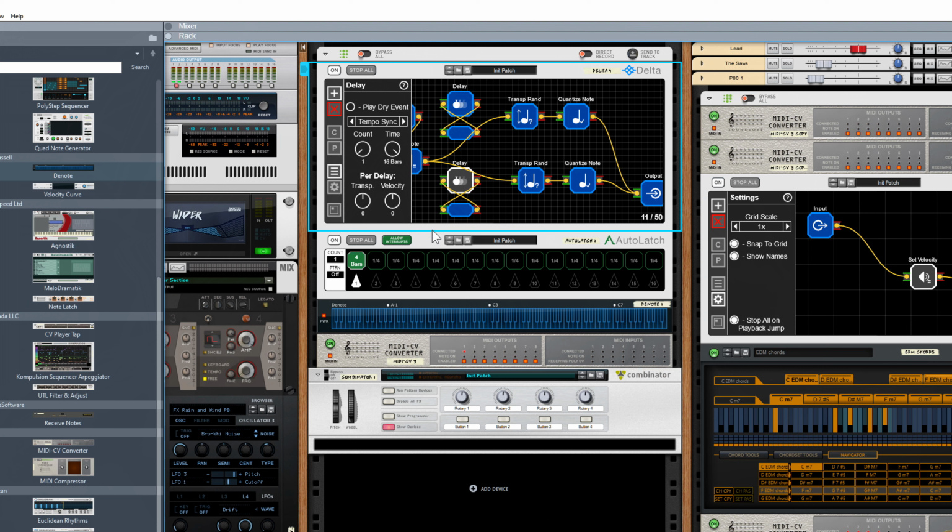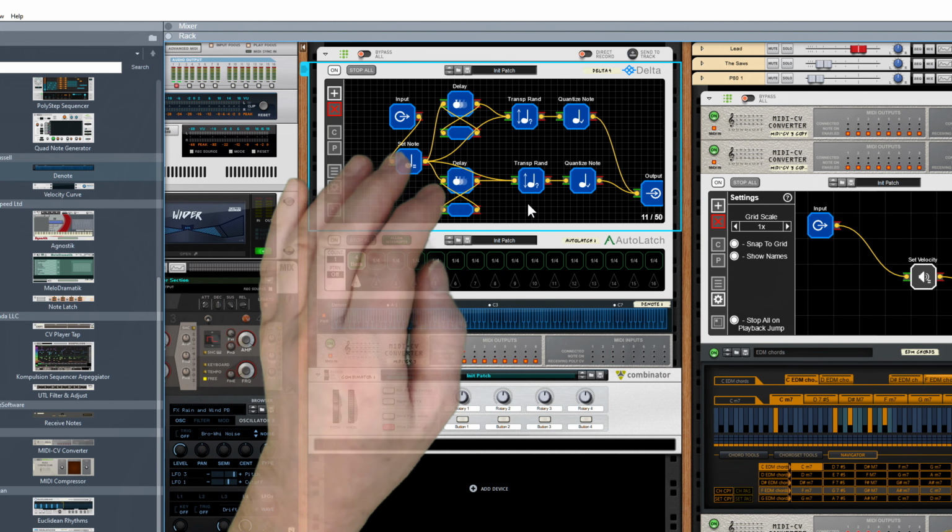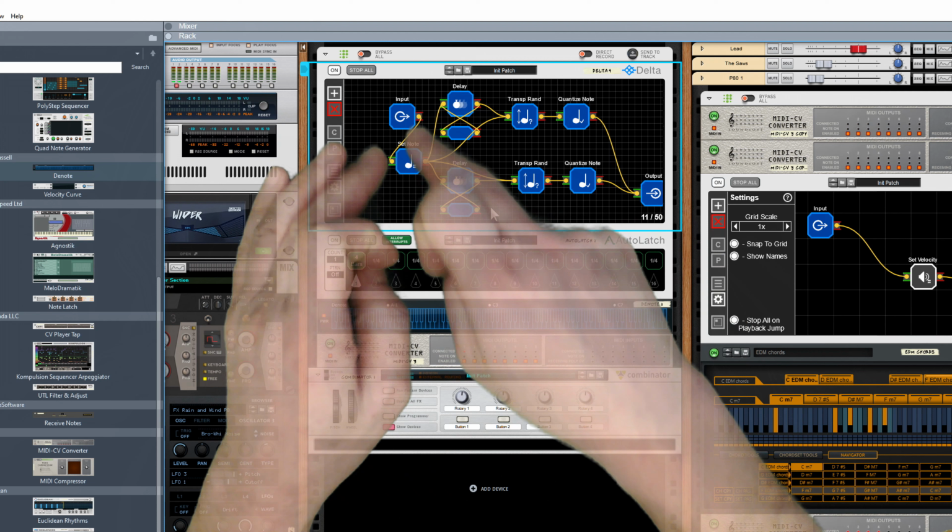So the next thing I've just got to do is take my input, put it into that delay, take a feed from that input, put it into that delay, feed out of the delay and put that into the transpose, and feed out of this delay and put it into that transpose. So when I hit a key, can I double click on that? Get rid of that bit. There. So when I hit a key, it's going to come in, it's going to set the note, so it